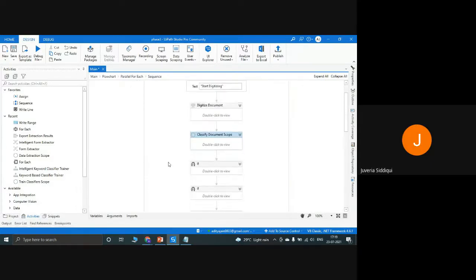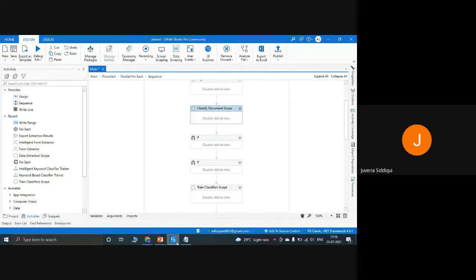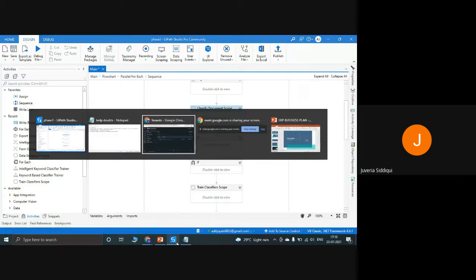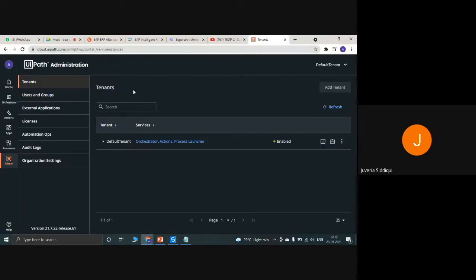Okay, let's go back to your cloud account for this. So in phase two, I remember you were taught the basics of UiPath. In that, if you have gone through the orchestrator basics, there is this concept: if you see on the right hand side, topmost corner, there is something called default tenant. This is your default value, default folder. Now once again, go to orchestrator, extreme left hand side, click on orchestrator.